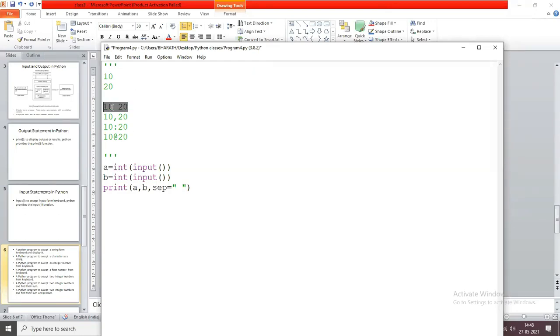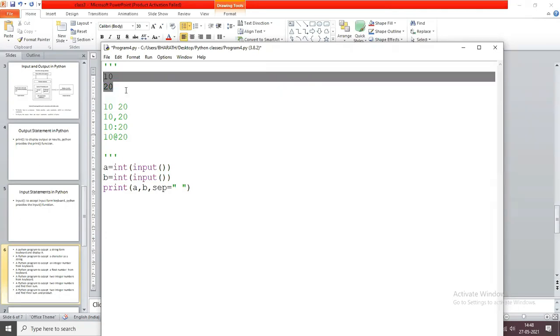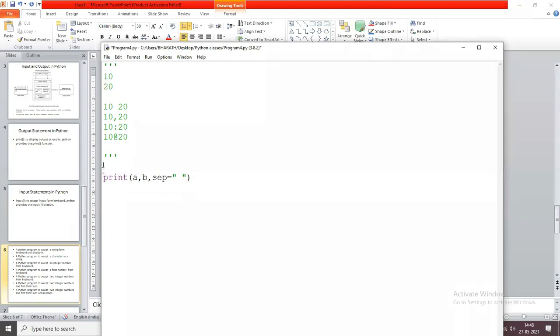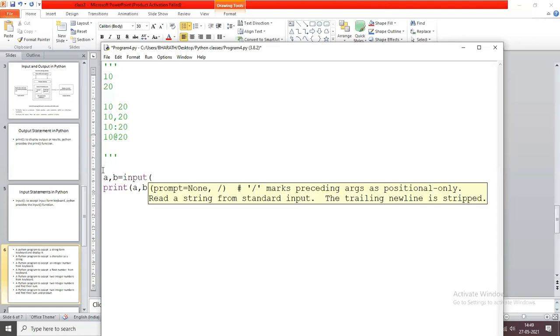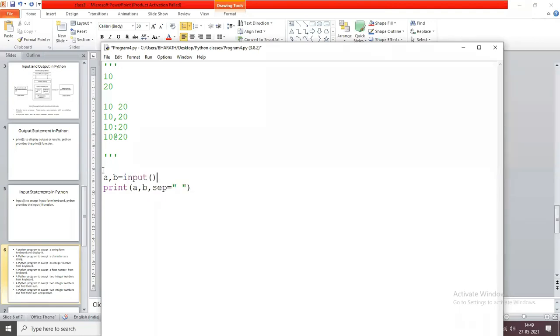The 10 is stored in one variable, 20 is stored in another variable. In the previous case, I gave 10 in one line and 20 in the next line. So how can we write the program for that? Listen carefully. Here I am taking two variables. So a comma b equals, I give the input in the same line. How can we give the input? By using the input function. a comma b equals input. Just wait.